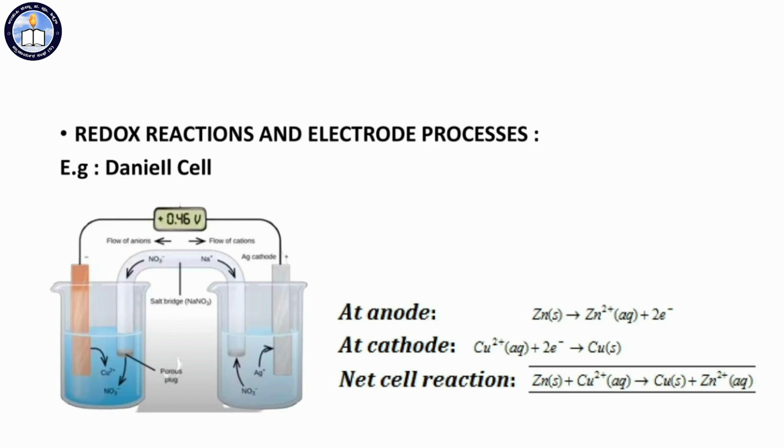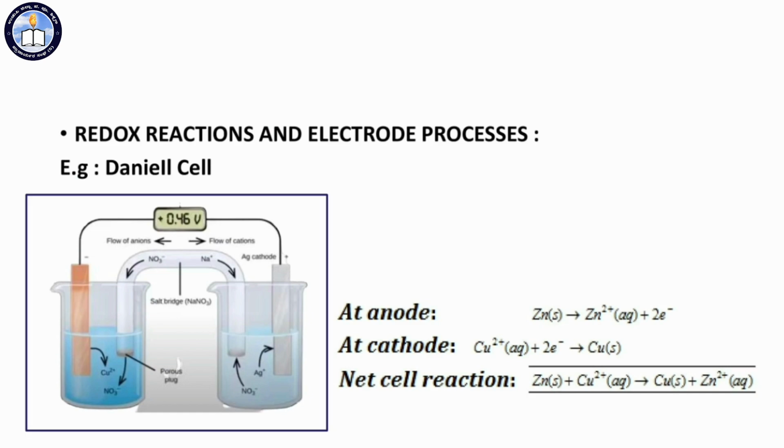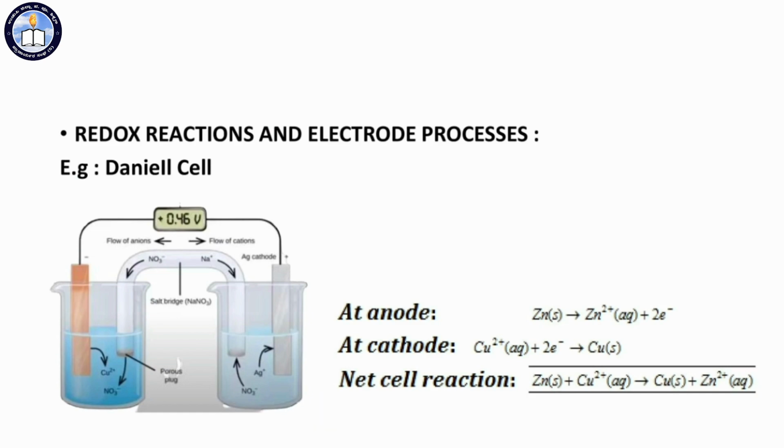The redox reaction is the basis for electrochemistry. You can see this particular picture. This is known as the Daniell cell. This is an example of a galvanic cell. A galvanic cell converts chemical energy into electrical energy. There are two types of chemical reactions taking place. One at the anode, where zinc loses 2 electrons and forms Zn2+, which is known as oxidation. At the cathode, Cu2+ ions gain 2 electrons and form copper, and that is known as reduction. Hence, this is an example of a redox reaction. Dear student, you will learn in detail in second PUC.